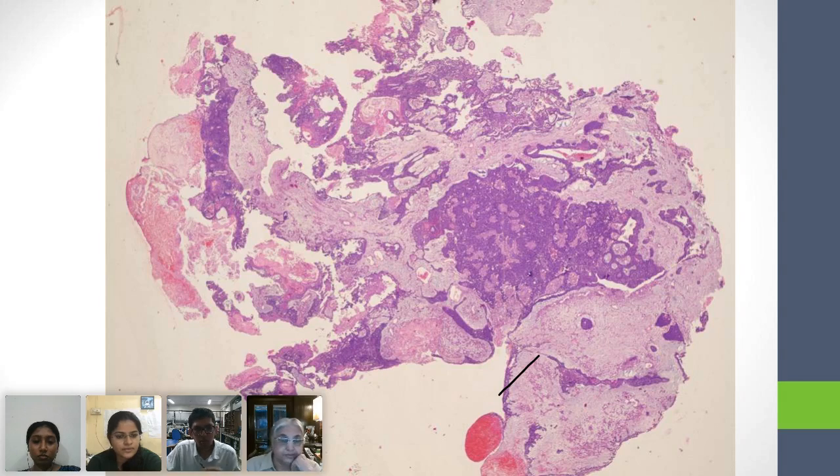say? Ma'am, I disagree. I don't feel that it is a normal epithelium over there. Okay. So do you see any normal tissue at all? No, I don't see a normal tissue. You don't see any normal tissue. What about Neelam? Neelam is not there. Neha? Ma'am, I don't think there's anything normal in this.